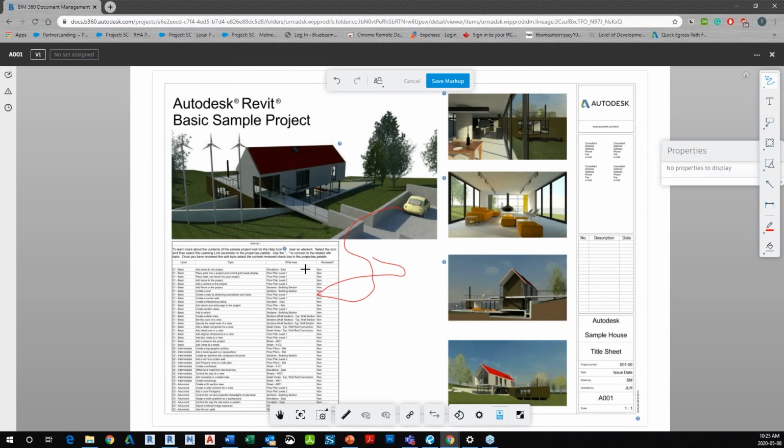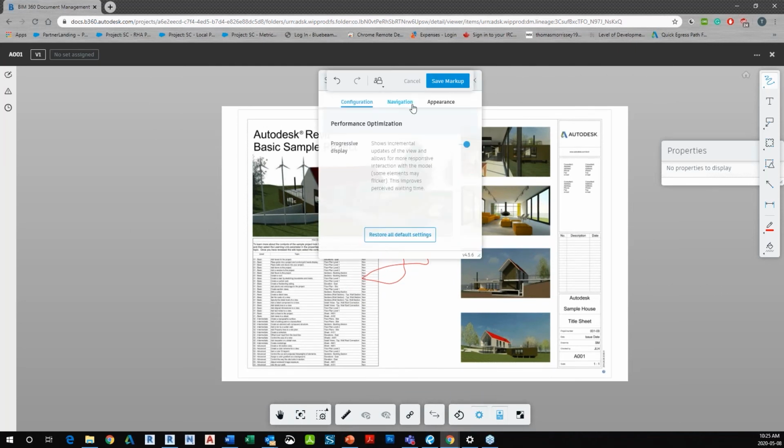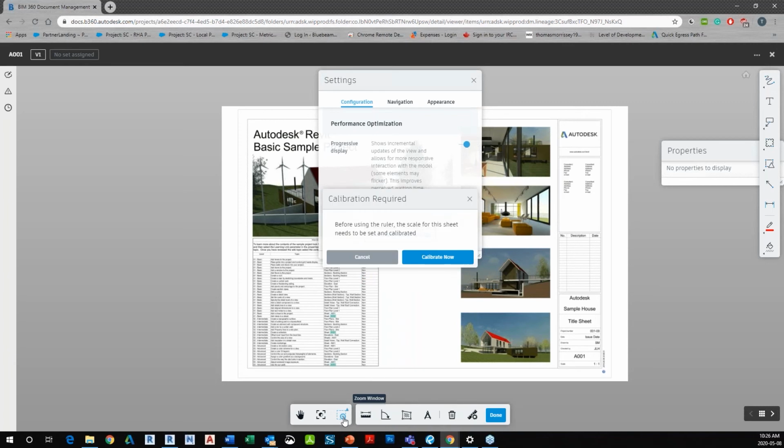So if I was to click on a floor plan that had a wall or something in it, it actually allows me to show the properties that are there. There's different settings that you can change, so the appearances of markups, that sort of thing. I'm just going to cancel that markup for now. I'm not going to go into too much detail here because a lot of you guys probably already know it,